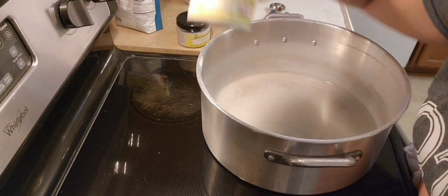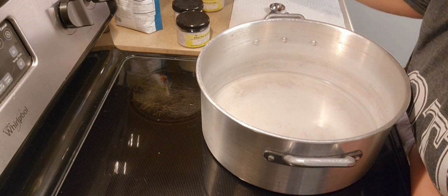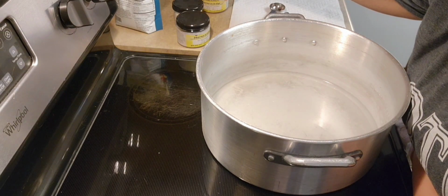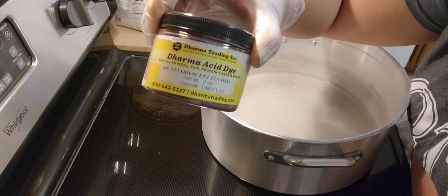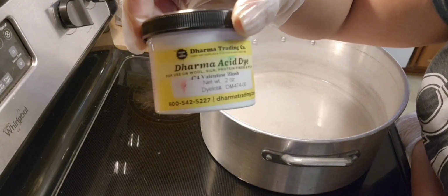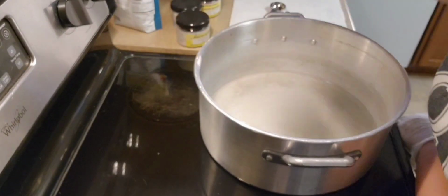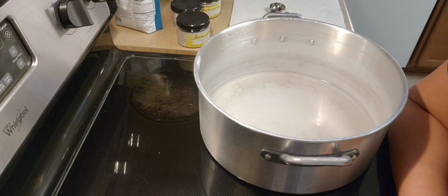Then I'm going to go into lilac. I shouldn't say speckles because they're not going to be speckles. They're going to be more splotches than anything else. No speckling here. So let me rephrase that. There will be splotches of lilac, fuchsia, Valentine blush, and pink orchid. I will, however, be speckling the true black because I want just a little bit in there,